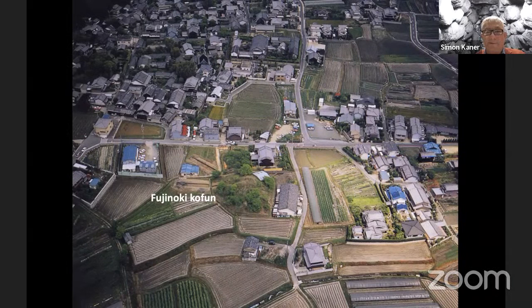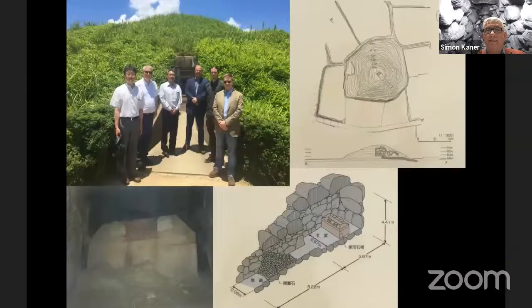I don't think Fujinoki would have registered on Gowland's scale of Kofun requiring attention, but it became a sensation when it was investigated in the 1980s because of its incredibly well preserved contents. Most of these tombs have lost their contents over the years, and it's not very common that we find one that is quite as rich as Fujinoki. It's a relatively late tomb, dating to the later part of the 6th century AD.